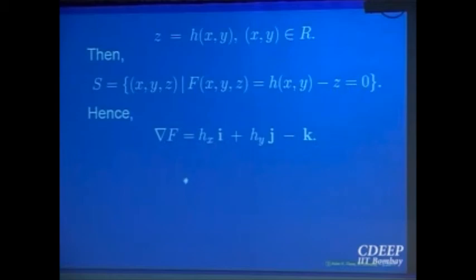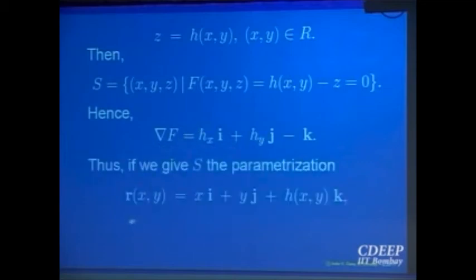So what will be the unit tangent vector or unit normal vector? Find the gradient. So what is the gradient? It is (hx, hy, -1). Is it okay? So what will be the unit norm of that? If you want, you can also calculate it as Ru cross Rv. Let us compute Ru cross Rv and see both ways it comes out to be the same. This is the gradient. Okay, we normalize, so it will be this divided by the square root of 1 plus hx squared plus hy squared.